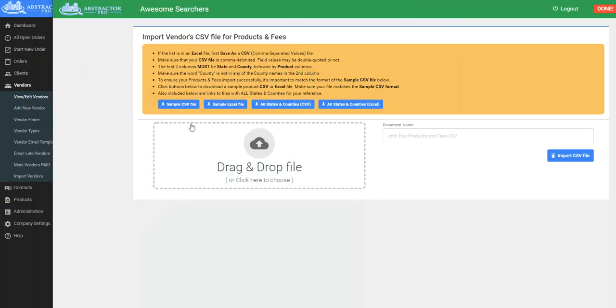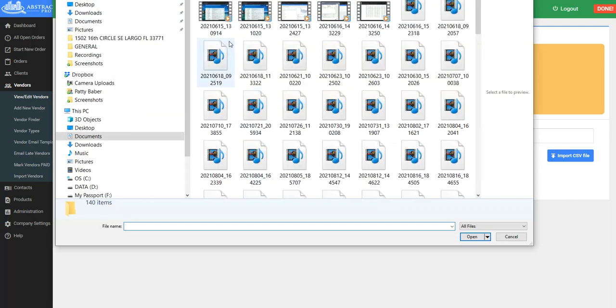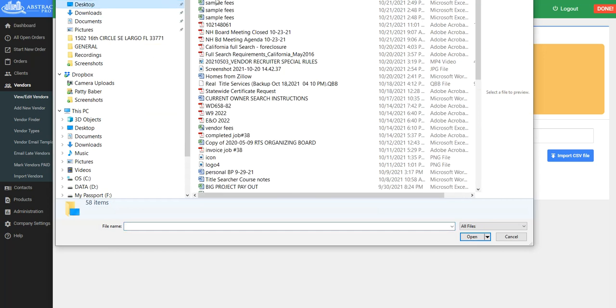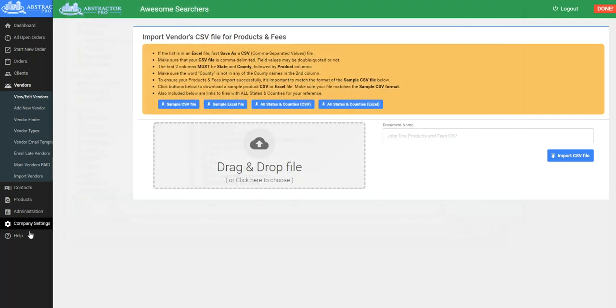So let's now take a look at this. So again, you can click here to go to your desktop and pick wherever you have this filed, or you can just drag and drop